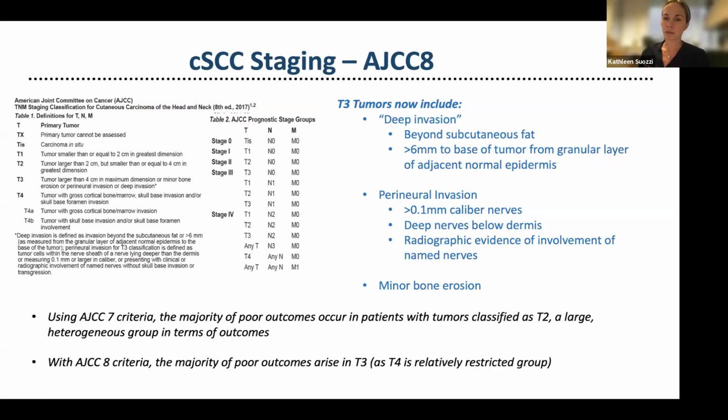Or from the base of the adjacent normal epidermis to the base of the tumor. And perineural invasion is defined as nerve caliber of greater than 0.1 millimeters, or deep nerves below the dermis, or radiographic evidence of nerve involvement, which is rare. And so this really helped to stratify risk, as in AJCC7, the biggest proportion of poor outcomes occurred in T2, and this was a very heterogeneous group. So now the greatest proportion of poor outcomes occurs in T3, as T4, which is gross bone invasion, is a